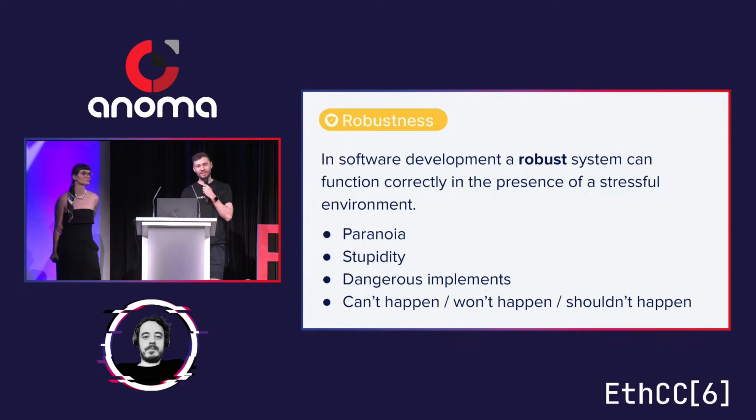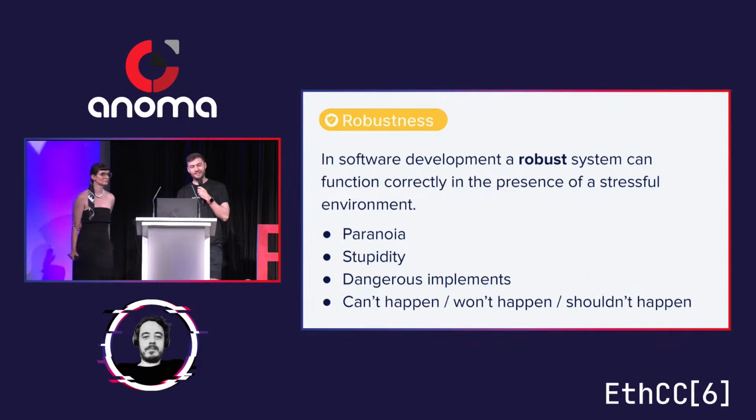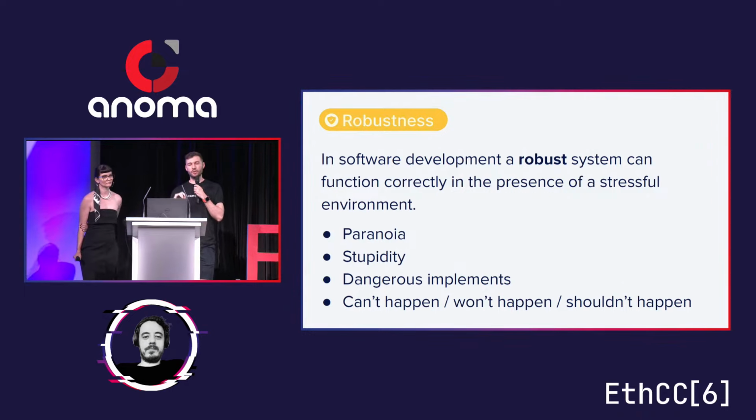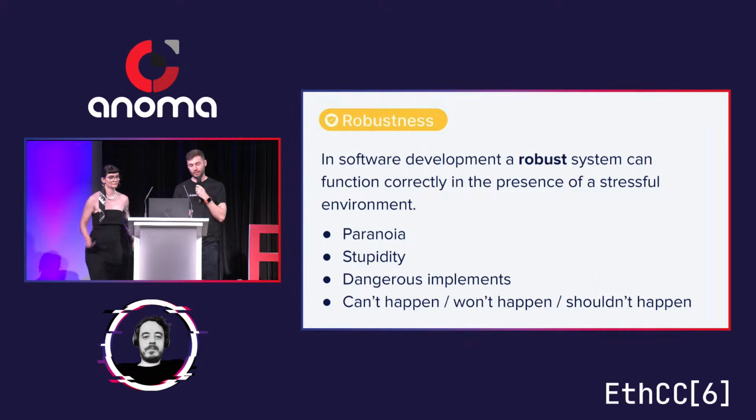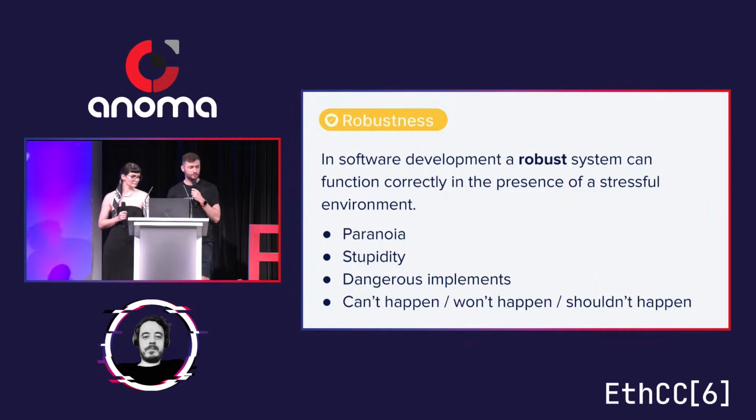So that means you can repeat some things. They will try incorrect inputs. They will try running methods in an incorrect order. The third thing is dangerous implements. So users should not have access to things they should not interact with. Think about libraries, properties, or structures, part of your classes. Another thing is can happen, won't happen, shouldn't happen. You have a case where some things are very unlikely to happen, so have some code and have some errors that protect you from bad behavior.